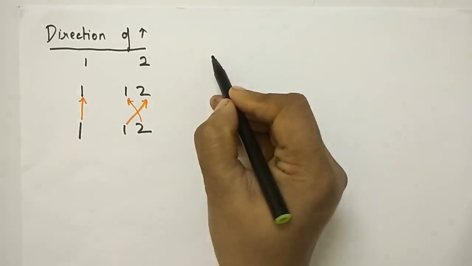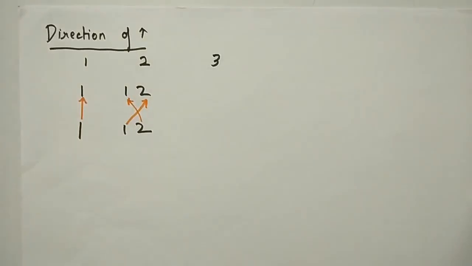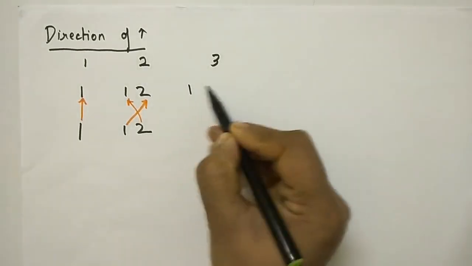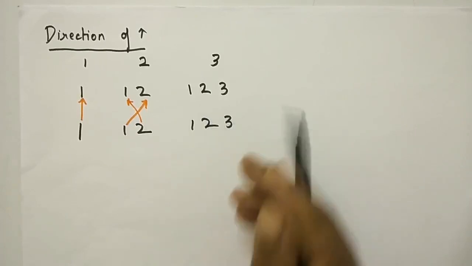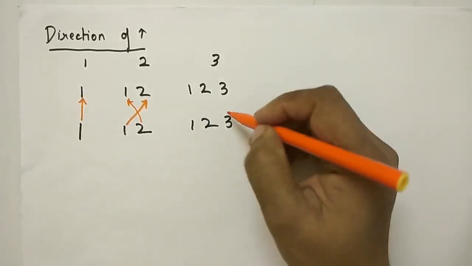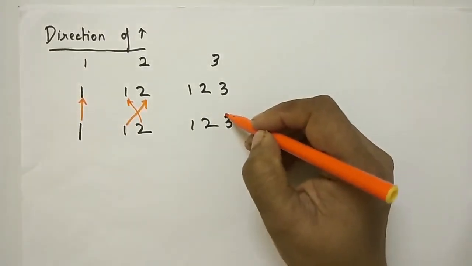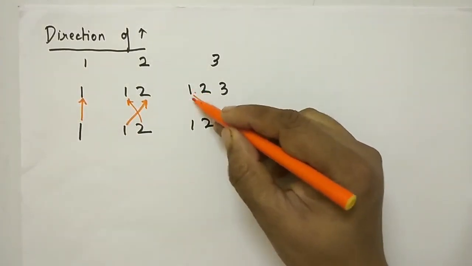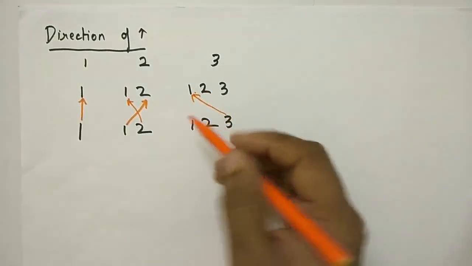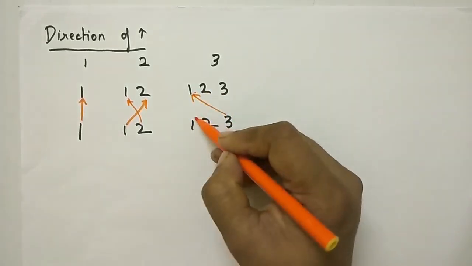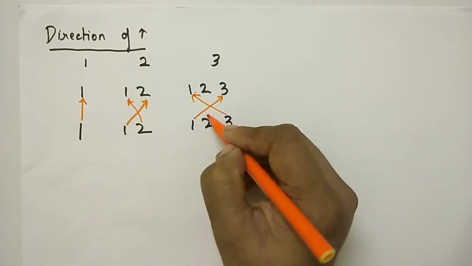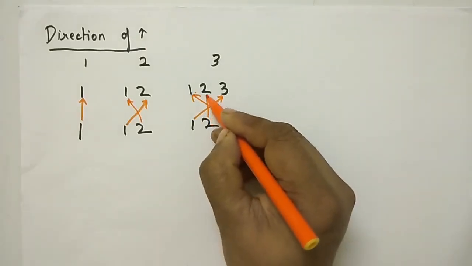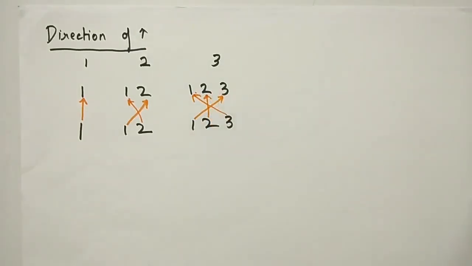If you see pattern number 3, then the multiplicand is of 3 digits, and the multiplier is also of 3 digits. In this case, the arrow starts from the last digit of the multiplier and reaches the first digit of the multiplicand. The first digit of the multiplier will reach the last digit of the multiplicand. The middle digit will go directly to the middle digit of the multiplicand.